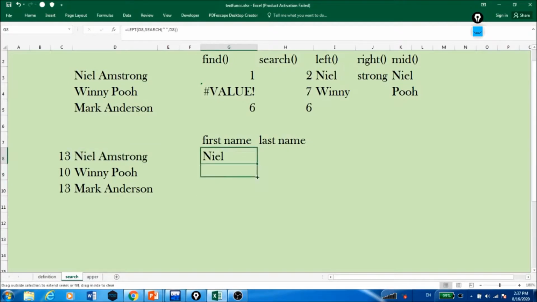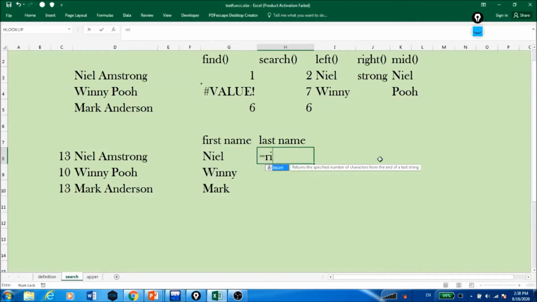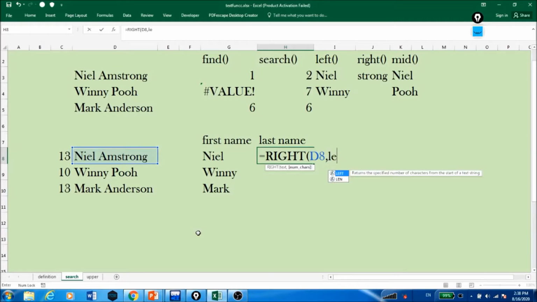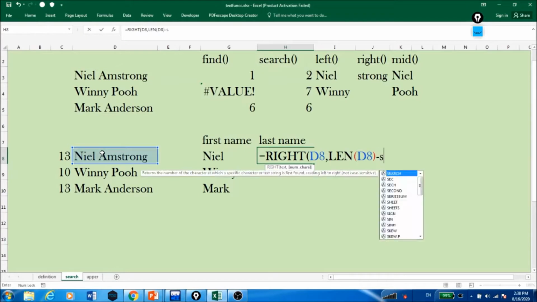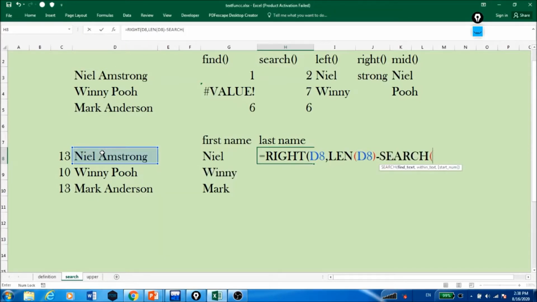So here you can see equals RIGHT, comma, here instead of giving the number of characters, you have to give the LEN function of this text minus the SEARCH function, that is the position number of the space, comma, this, right?